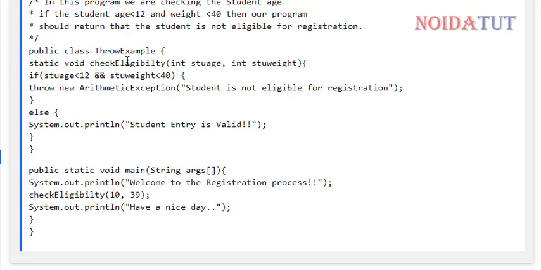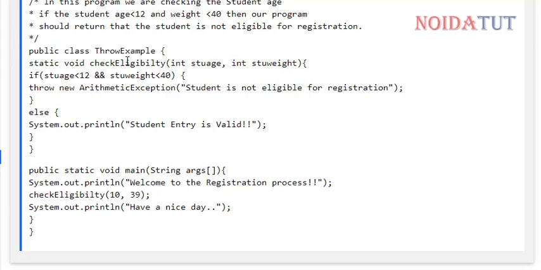Static void checkEligibility, with two parameters, int stuAge and int stuWeight. If stuAge is less than 12 and stuWeight is less than 40, throw new ArithmeticException, student is not eligible for registration, else System.out.println student entry is valid.